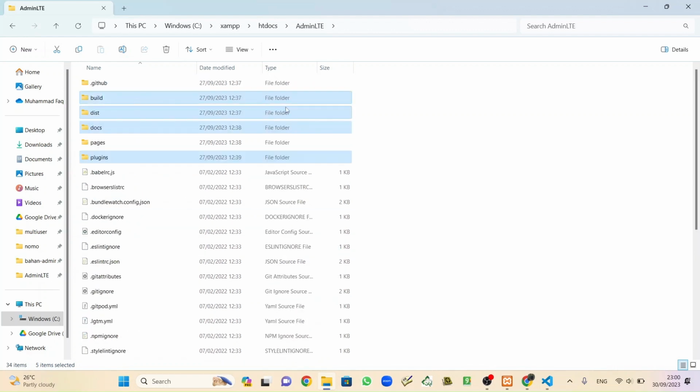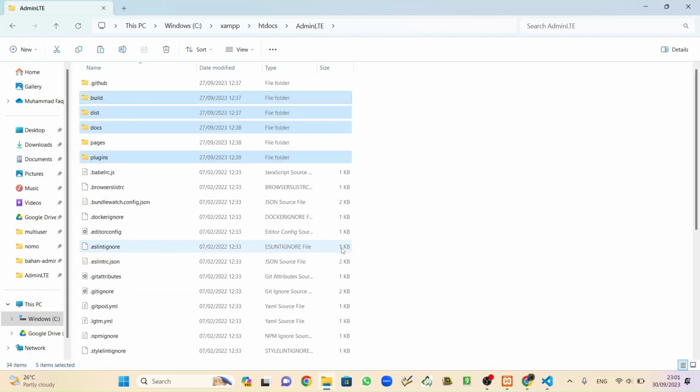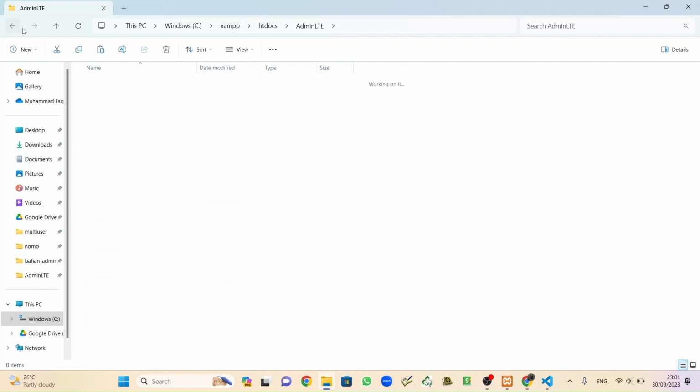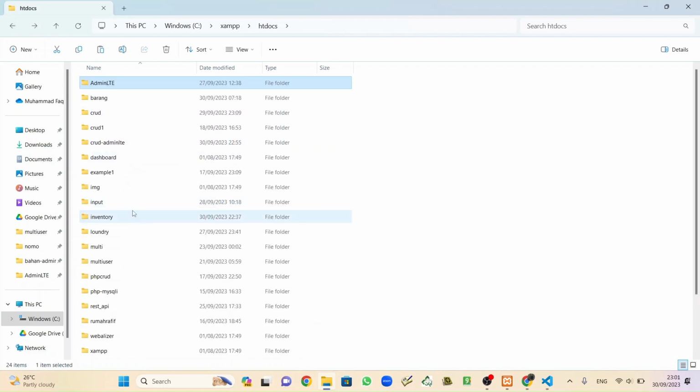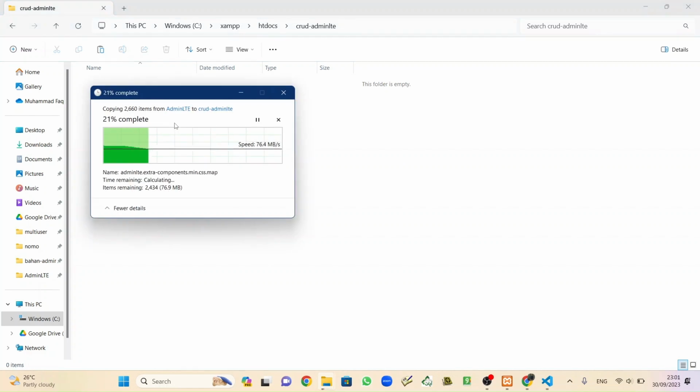Don't forget to copy these 4 folders and 1 file. Okay, Control C and put it inside the root of our new folder, CRUD AdminLTE. Control V.